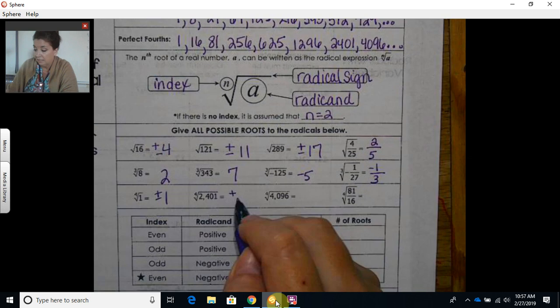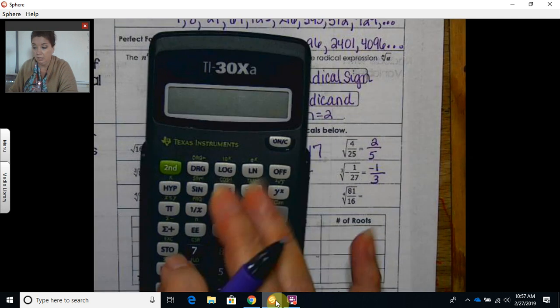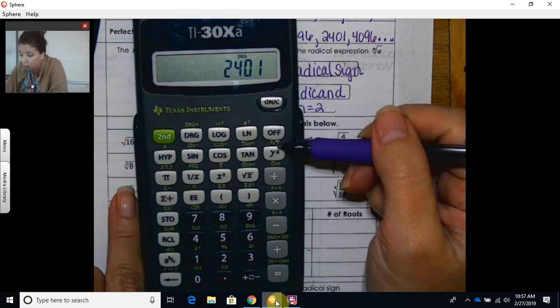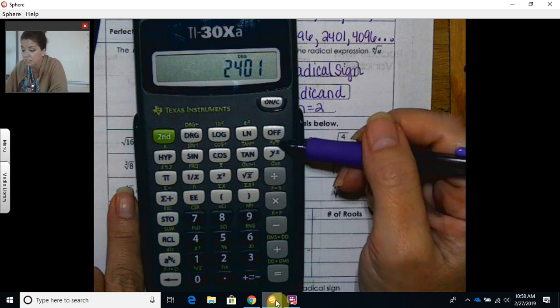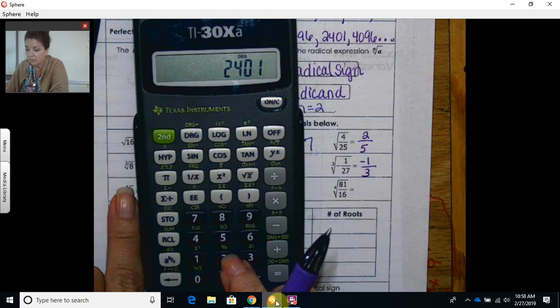Do y'all know how to do the fourth root in these calculators? Or the cubed root or whatever? So do the number, right? 2,401. And if you look over here in green, it has the root is x. So the x root of y, that means you can put in whatever root you want to, okay? So if I want to do the fourth root, but I want to do the green, if I don't push the second green button first, it's going to raise it to a power. But I don't want to do that. I want to take the root of the number. So if I want to take the fourth root, I put 2,401 in. Then I do second, hit that button. I put the index, or the root, is 4,